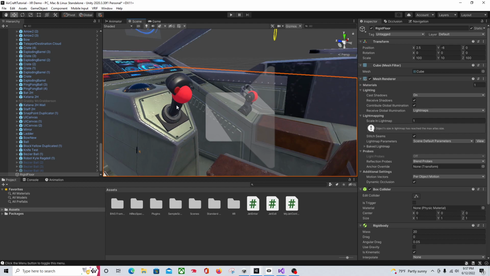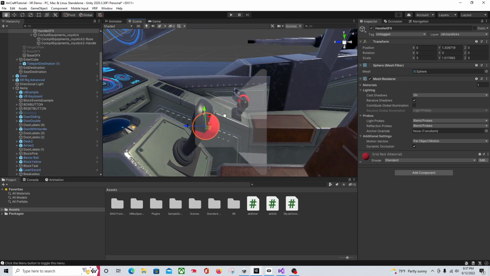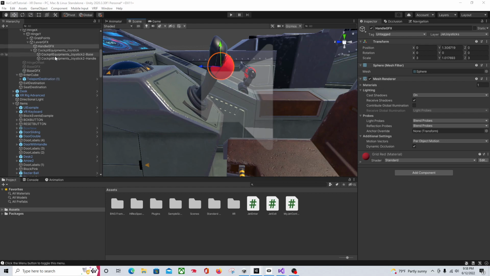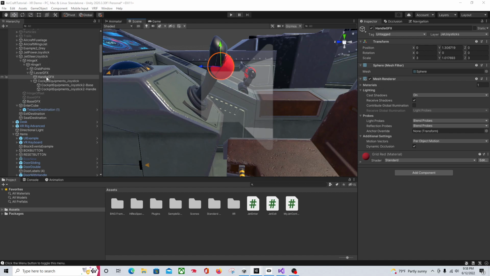There it is. Okay. So now, let me find them over here. Make sure I'm not giving you the wrong ones. Let's go with our jet joystick. If you come down to your grab points on your steer stick,